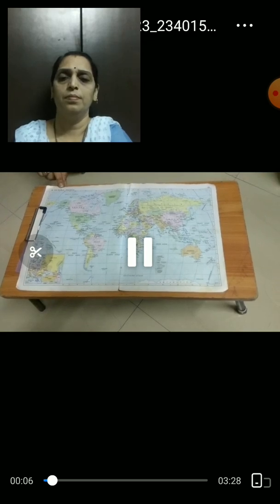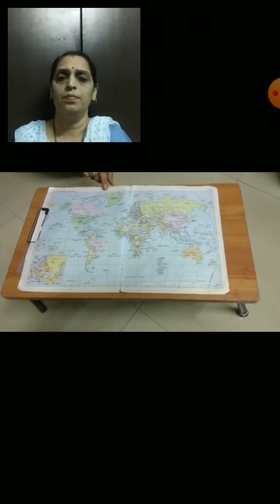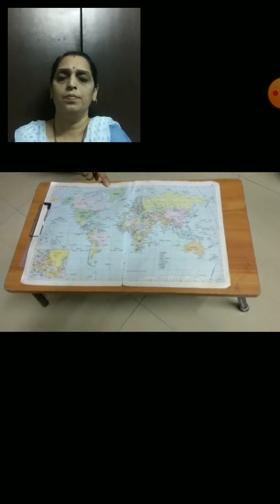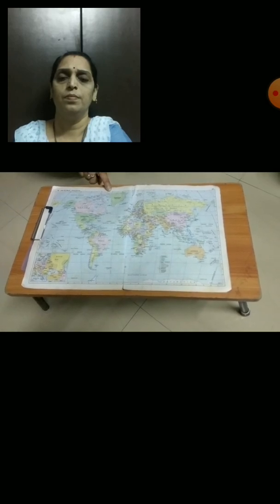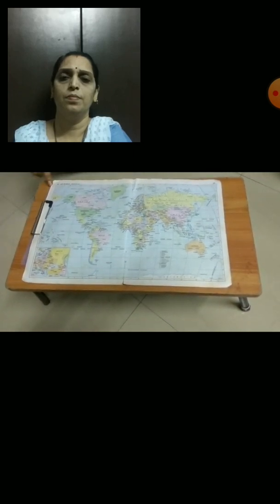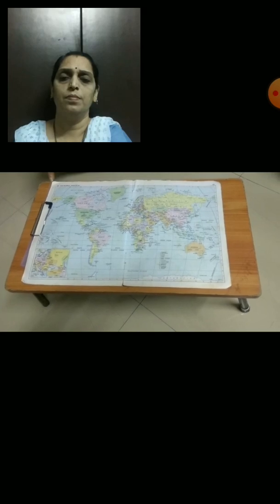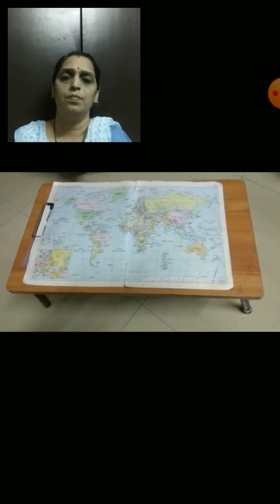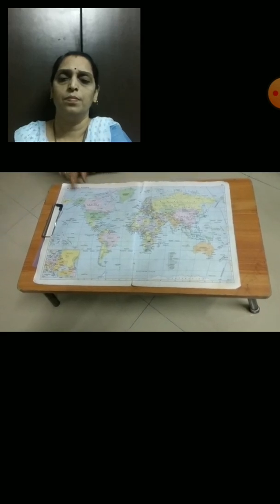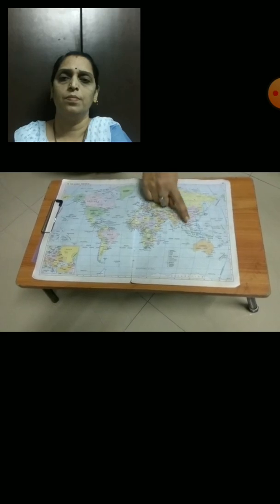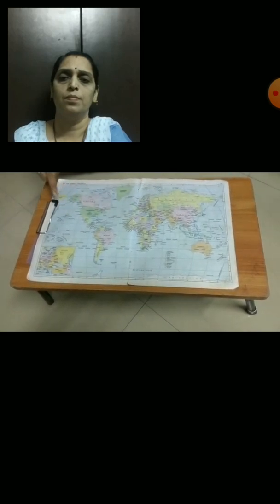A map is a two-dimensional device for studying geography. Now, dimensional means a measurement of length, width or height. Two-dimensional objects means a surface having two dimensions. Length and width is called two-dimensional. A map can be used to study regions of limited extent. You can see here, regions are shown on the map.